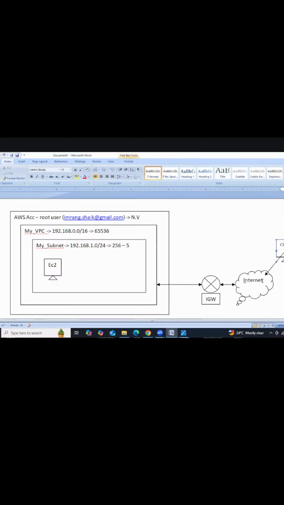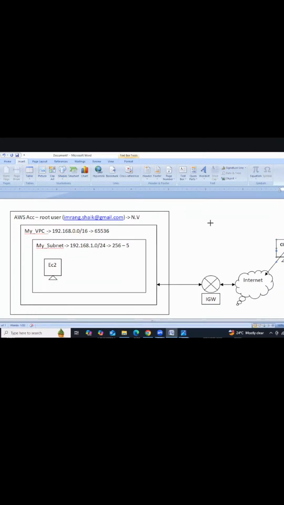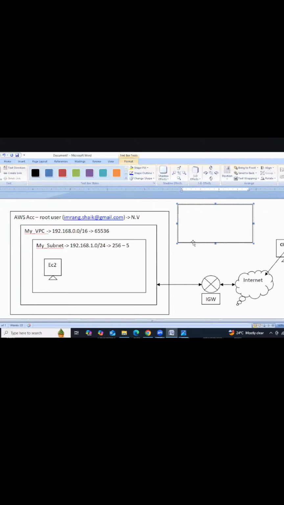So now the request is carried forward to the internet. Through the internet, it will carry forward to the IGW. The IGW has communication with the VPC. But the VPC and subnet don't have communication as of now. How is this VPC going to communicate with the subnet? Then how are we going to access this EC2 instance in the subnet from the client machine? I hope you got it now. Because of the route table only, we are going to communicate. Now we need to create the route table. In the name itself we are saying route table, or routing table, whatever you want to call it.